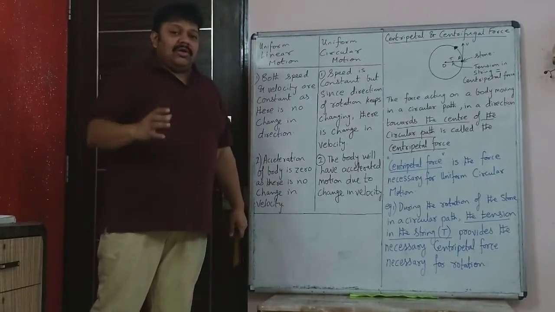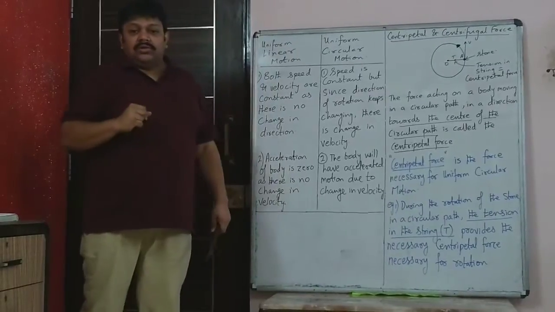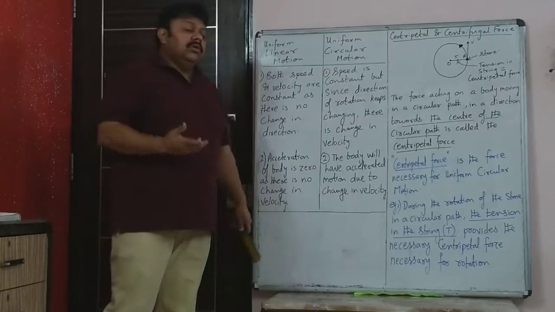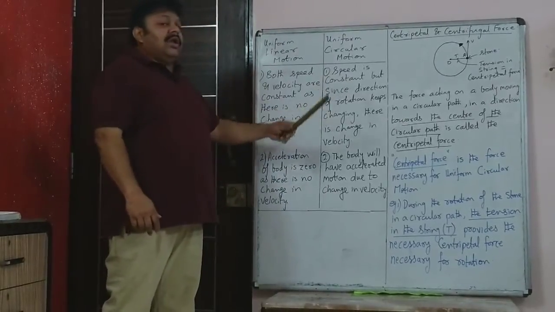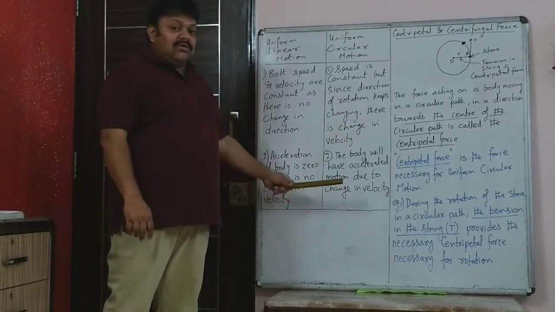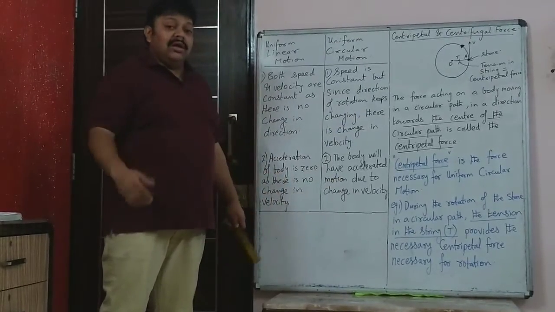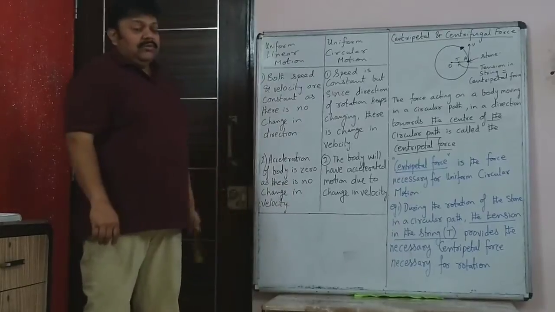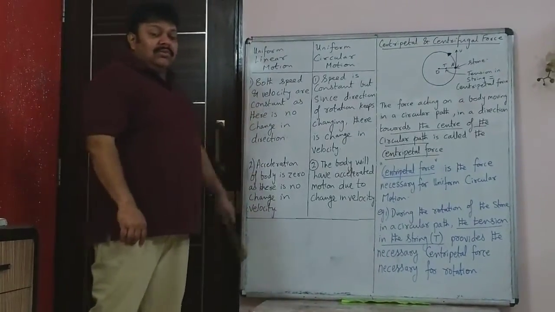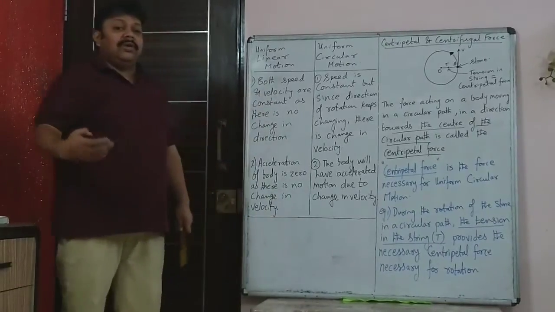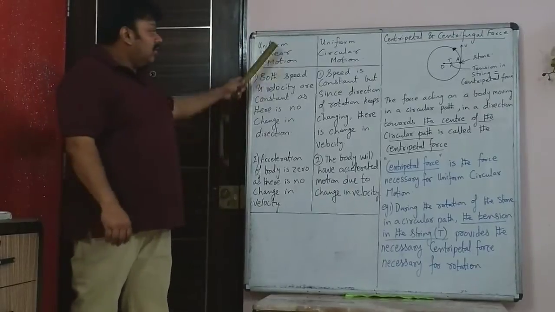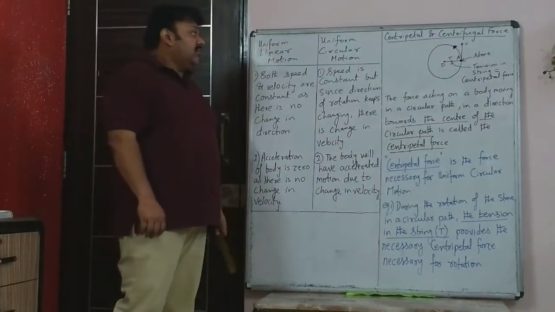See, remember, velocity change can be due to two things: due to change in direction or due to change in speed. So here there is change in direction, so velocity is changing, and if velocity is changing, the acceleration is there, it is not equal to 0. Whereas here both speed and velocity were same, because there is no change in speed, there is no change in direction. So acceleration is 0 in uniform linear motion.